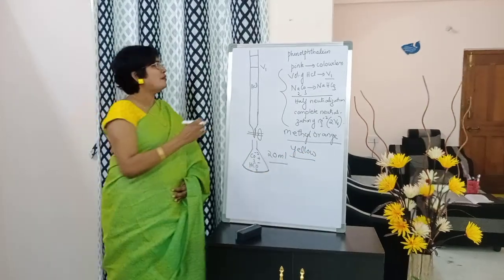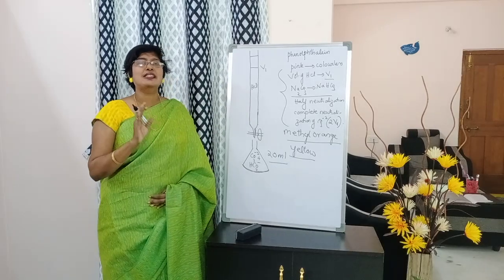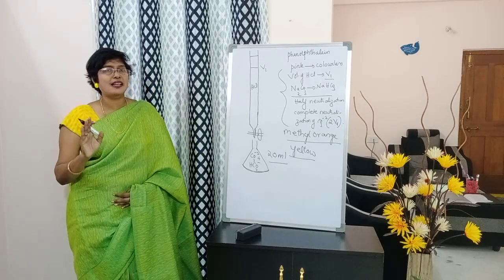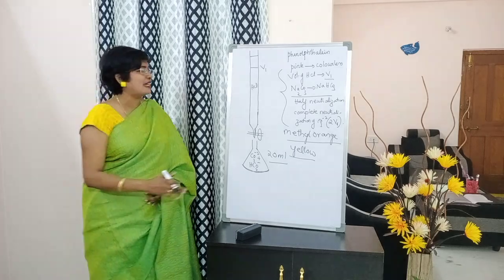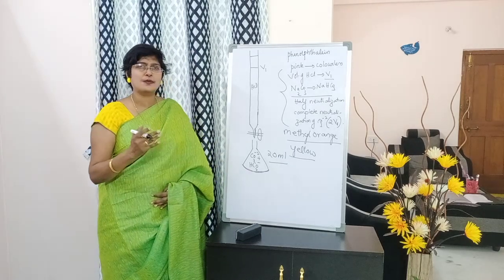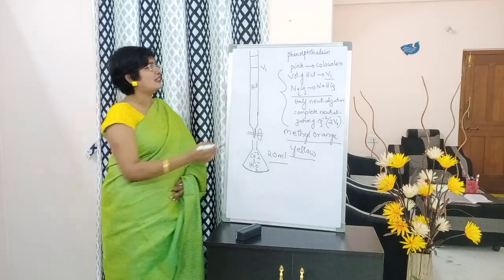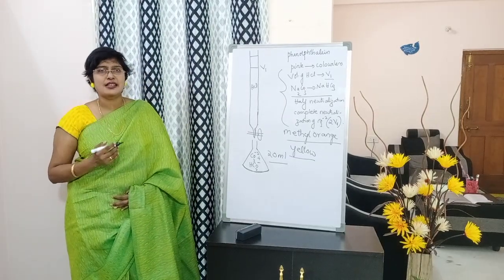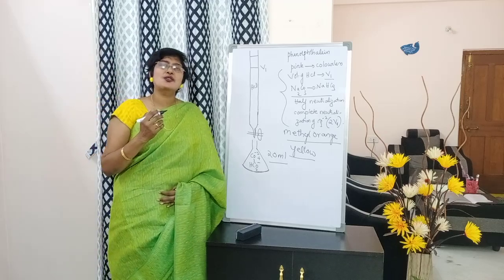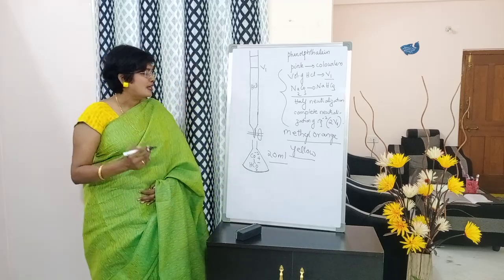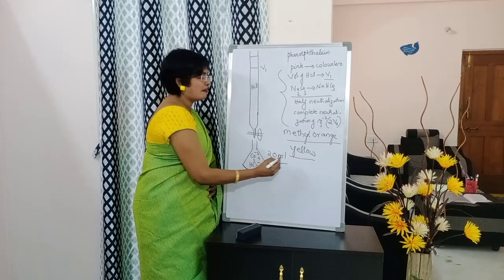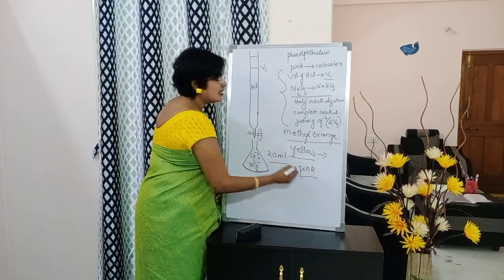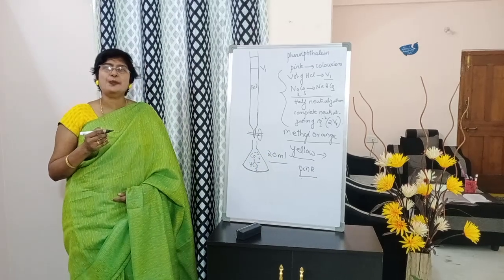Okay. So we will not fill the burette again. We will just continue the titration. Fine. We don't add any water. We will just add the indicator, 2 to 3 drops of methyl orange. Immediately that colorless solution turns into yellow color. So we will continue the titration. Where will we stop the titration, students? When the solution in the conical flask changes into pink color. Okay. The second end point is yellow to pink.